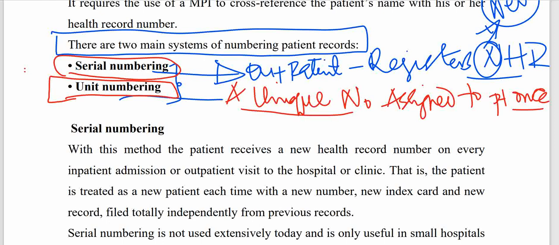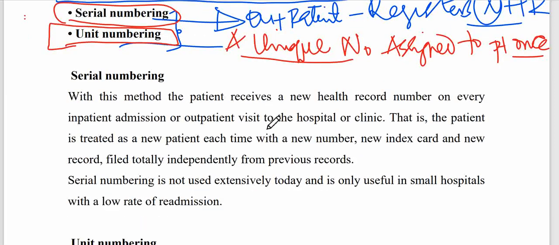Okay, so I've explained it in detail here. And I said, with these methods, the patient receives